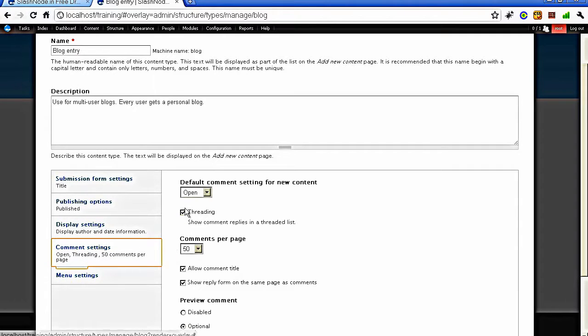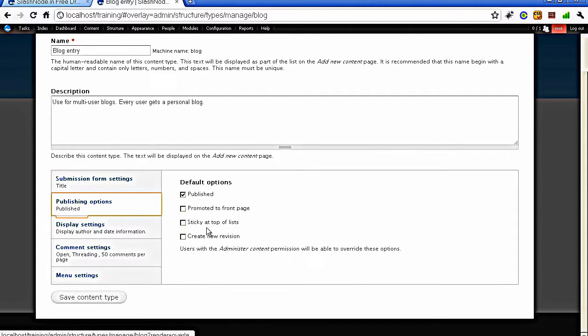Similarly, if you want, you can close the comments. It is up to you, but I would like to keep them open. Anyways, I have the choice to disable the comments for a particular blog post. But I don't want them to be promoted to the front page. So let me save it. So now we have changed the default settings, and